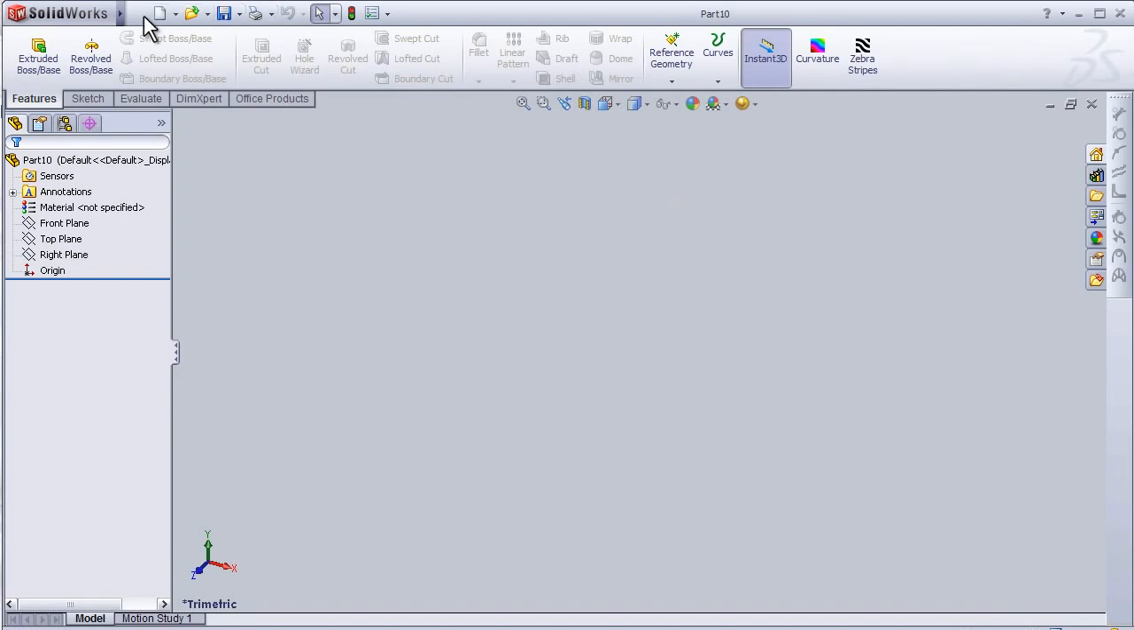As we see, we have here the SolidWorks interface, and here we have the tree. We have three different planes, so we can imagine the front plane, the top plane, and the right plane. According to the part you are drawing, you can choose the best plane to present it. In this case I'm going to choose the top plane and simply press on it, and here we have the